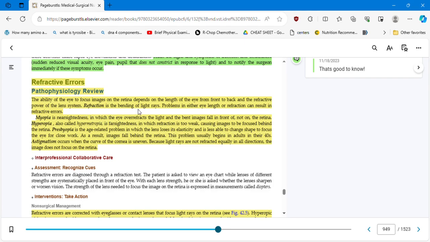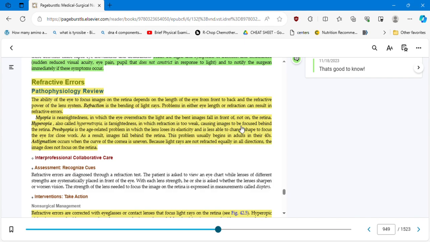Refraction is the bending of light rays. Problems in either eye length or refraction can result in refractive error. And we know that myopia is nearsightedness, in which the eye over-refracts the light and the bent images fall in front of the retina. Hyperopia, also called hypermetropia or farsightedness, is when refraction is too weak,